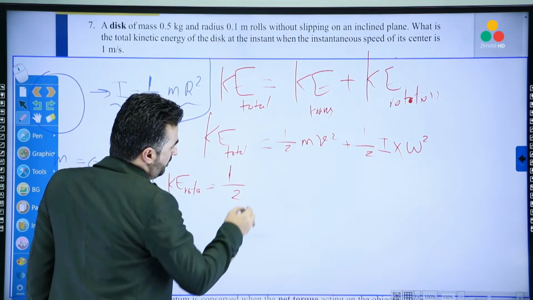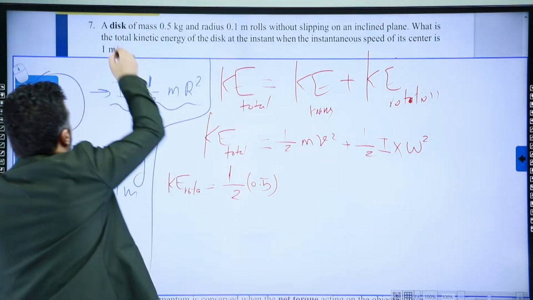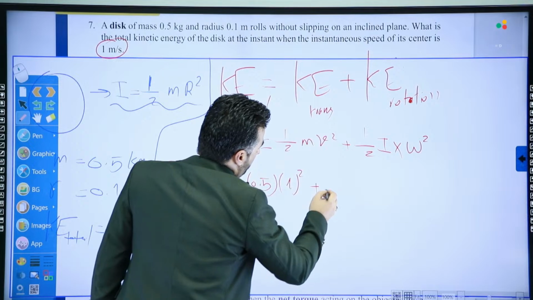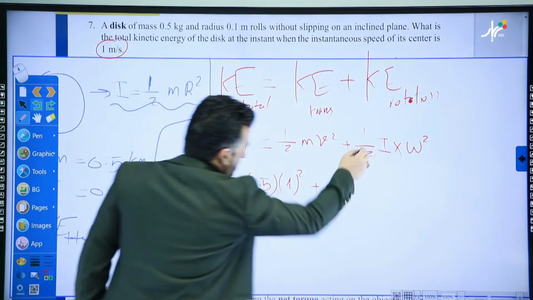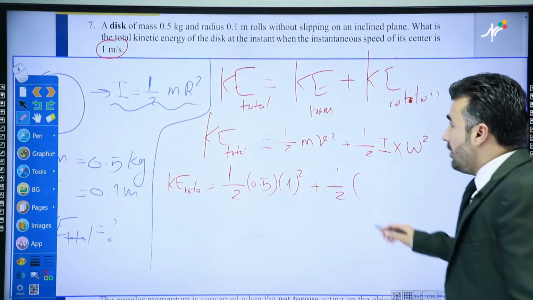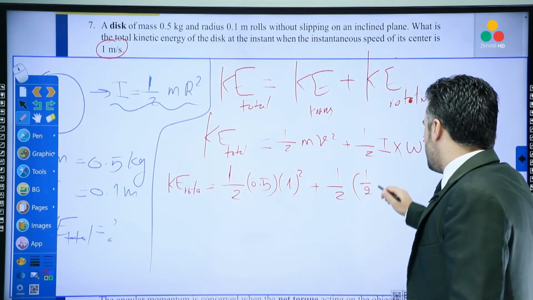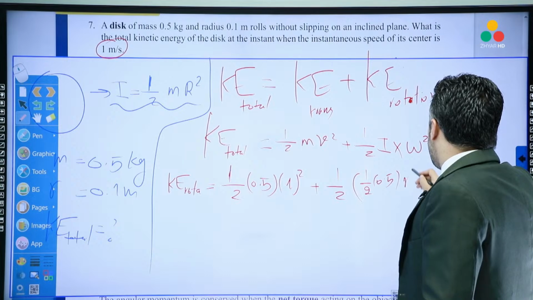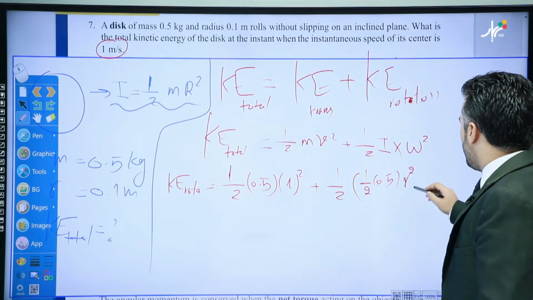Now, so once again, the total kinetic energy equals 1/2, and you can substitute the numbers. The mass is 0.5 kilogram multiplied by the speed, 1 meter per second, so 1 squared, yeah, plus. Now, remember this, I'll use brackets here. So let's use this 1/2. Now, what is the moment of inertia of a disk? We said that it is 1/2 times the mass, of course the mass is 0.5, times the radius squared. I'm not going to substitute the radius for now for one reason, yeah? Multiplied by,